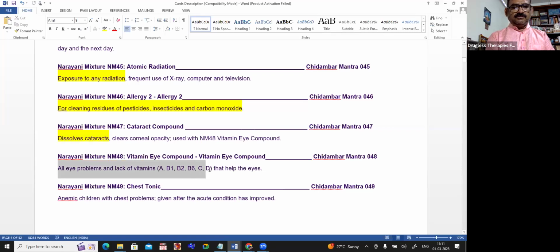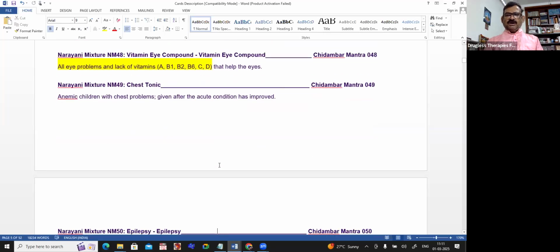See, in this case, it not only helps the eye, because I use vitamin I compound for other complaints also, because nowadays either the measurement of vitamin D shows a problem, or we are not exposing ourselves to the sun. We are covering with AC and this and that, we cover up fully. We don't allow even the light to come in. So we all lack vitamin D. So you can use this vitamin I compound for other complaints also, not only for the eye, for others also we can use. Chest tonic,